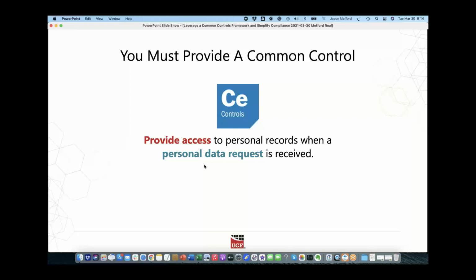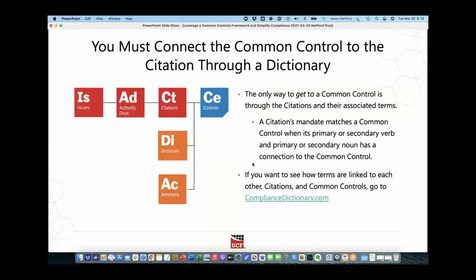Every time we see those combinations of nouns and verbs, we're going to ensure that we provide access to personal records when a personal data request is received. And so you come up with this common control, okay?